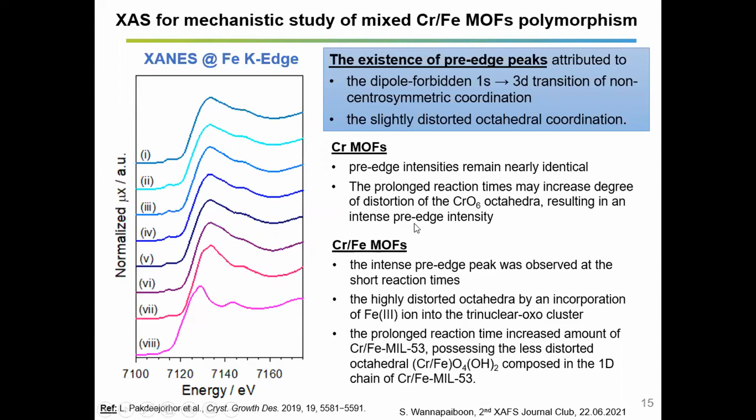So here is some of the summaries about the case of chromium and chromium-iron mixed MOF. In the case of chromium-iron mixed MOF, we see distorted octahedra inside of the clusters. And this happened because of the incorporation of iron together with the chromium inside of the clusters. But if you prolong the reaction time to 120 minutes or 240 minutes, this kind of pre-edge is